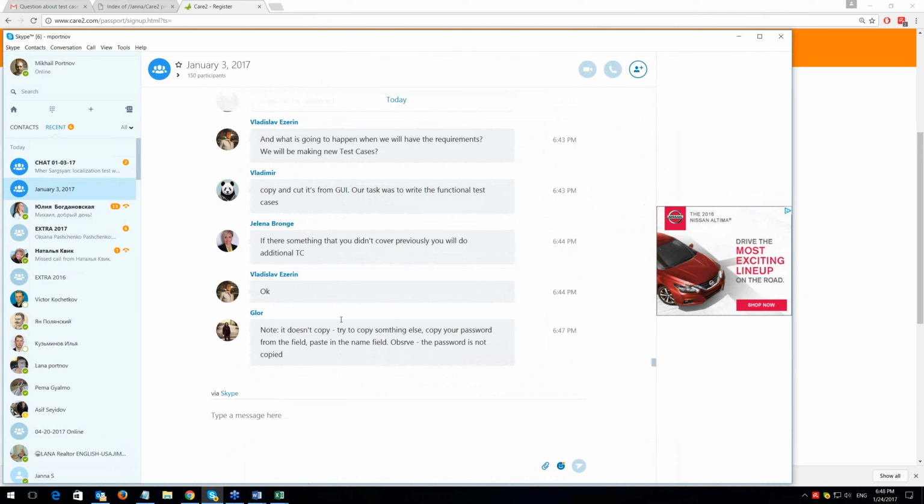Of course, I run the regression testing to make sure that everything that was working before continues to work the same way, that no new bugs appeared. And the question would be, what was your approach for the regression testing?